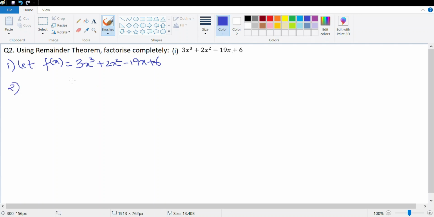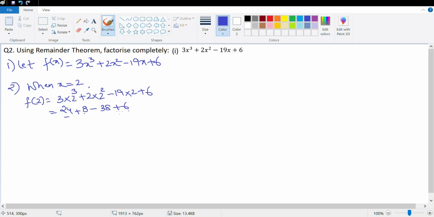So using hit and trial method, we figure out for which value of x the remainder would be 0, which means for which value of x will be a factor of the given polynomial. So when x is equal to 2, let's see what happens. f of 2 would be equal to 3 times 2 cube plus 2 times 2 square minus 19 into 2 plus 6. That's 2 cube 8 into 3 24, 2 square 4 into 2 that's 8, minus 38 plus 6. 24 plus 6 30 plus 8 38 minus 38 is 0, which means therefore x minus 2 is a factor